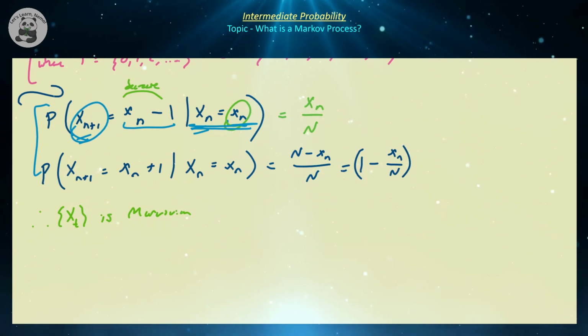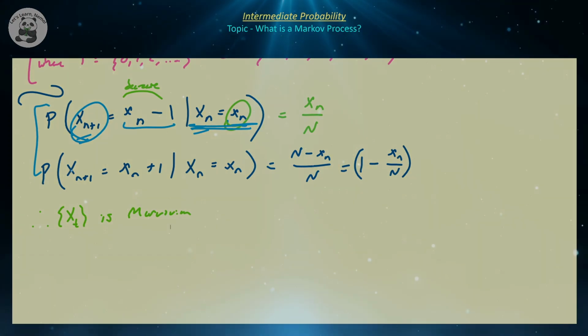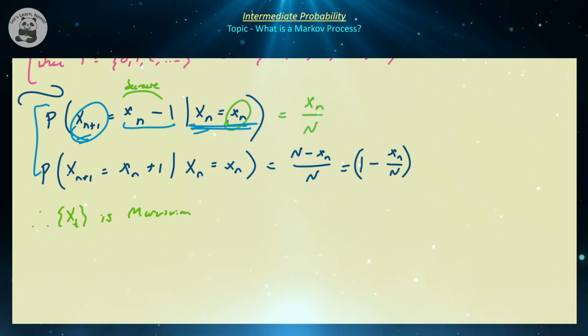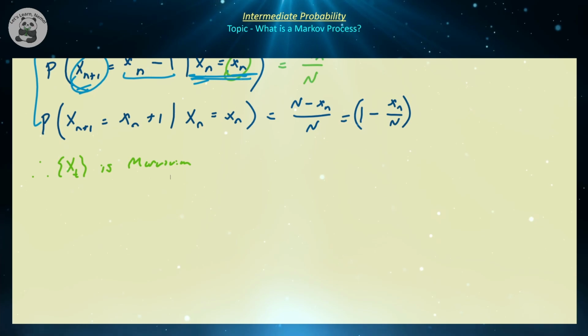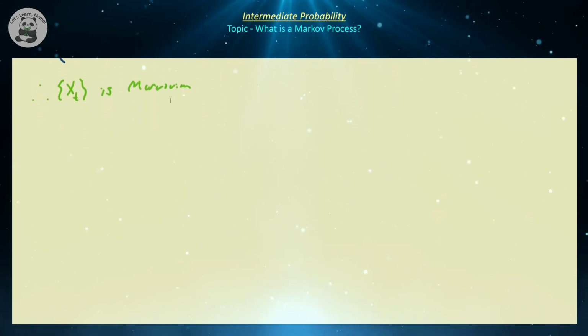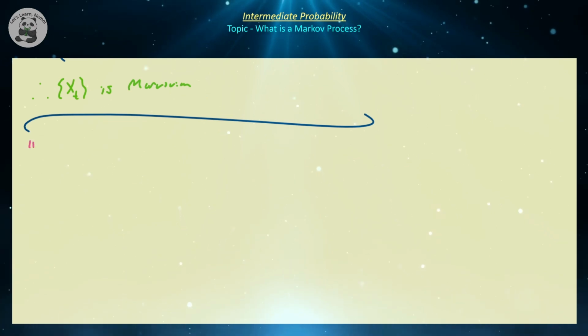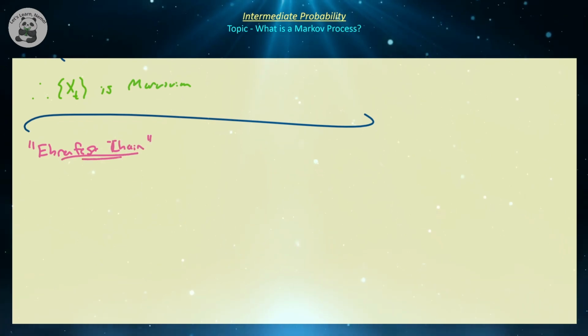So let's see if we can build what we call an Ehrenfest chain. So what exactly is an Ehrenfest chain? Well, obviously it's going to be a Markov chain associated to an Ehrenfest model, right? So let's see if we can write this. Because we already have explicit representations for our probabilities at different times, it's practically similar to a random walk. So let's see if we can actually build this piece by piece, right?